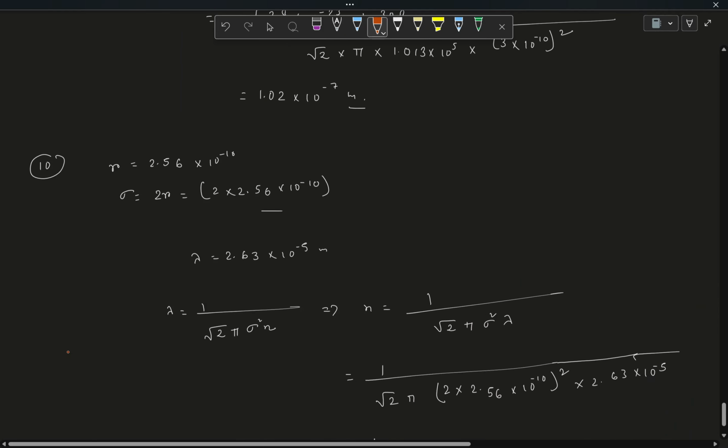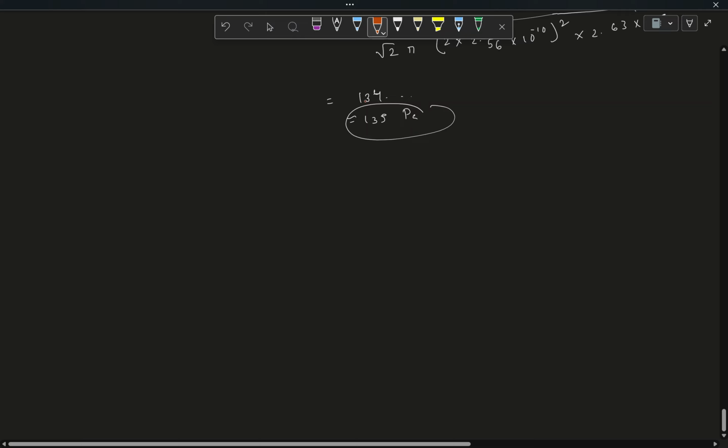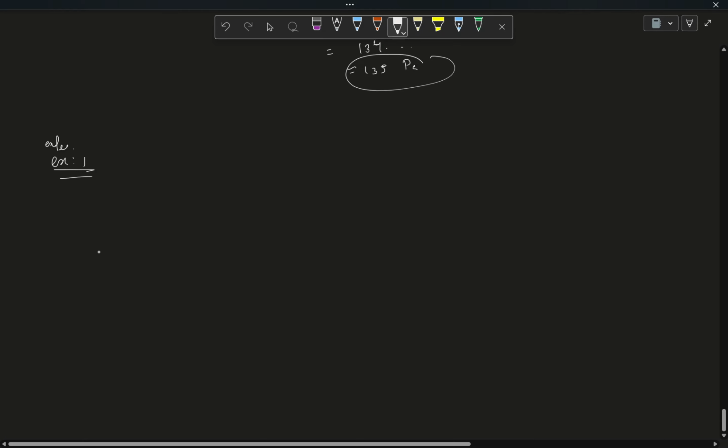Now since we still have some time left, I will show you an extra example of one or two more problems similar to these concepts. So let us do them. The first problem will be an interesting one because it uses the concept of mean free path, but the problem is in a different form, though it uses the same concept. So first let me write down the question. So the question is,